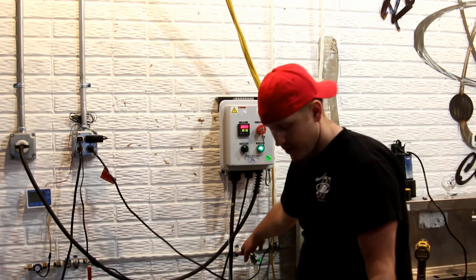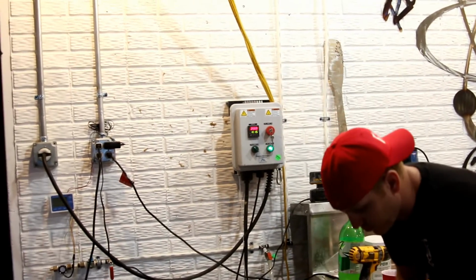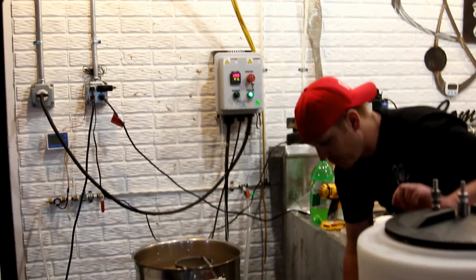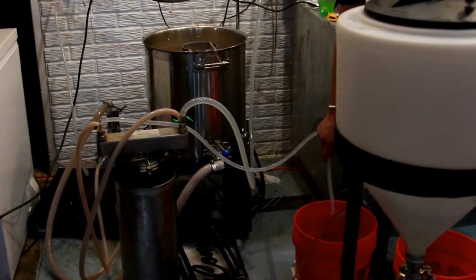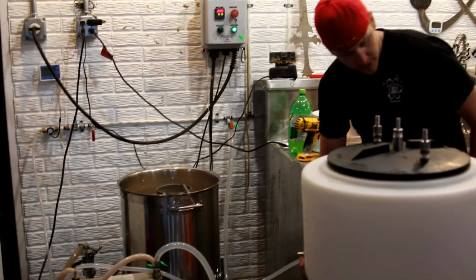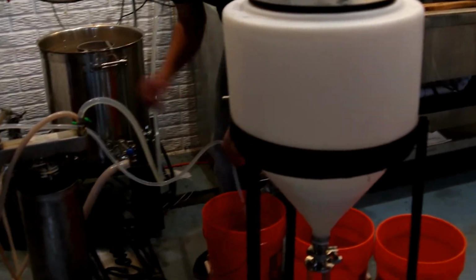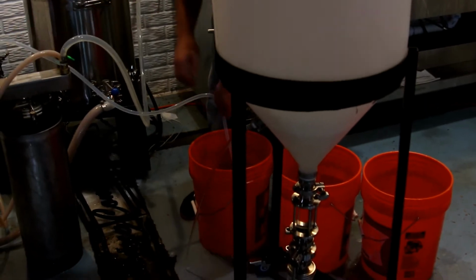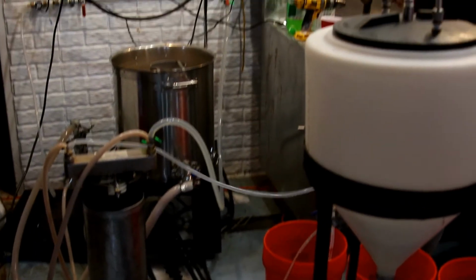Close enough. We're going to turn the water on, letting the sanitizer out of our fermenting vessel here. We're going to fill 3 of these up here with hot water to use as a rinse later. But as of now,